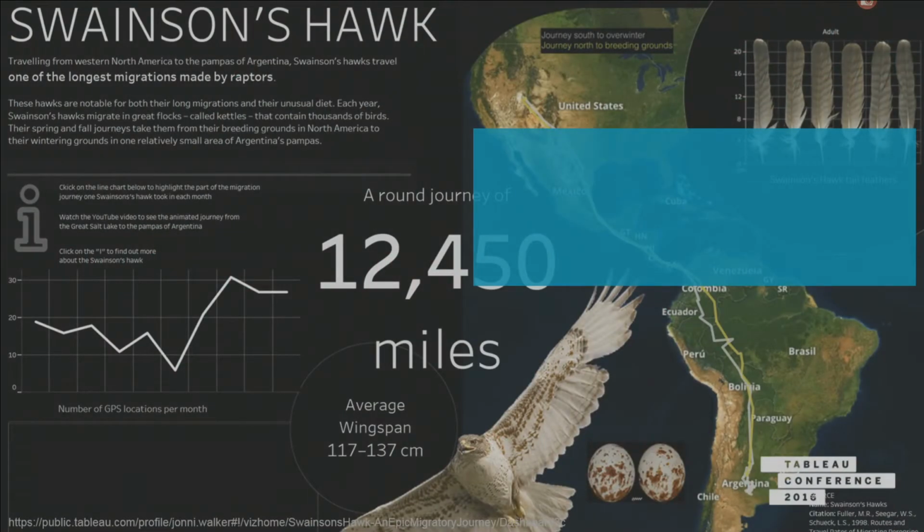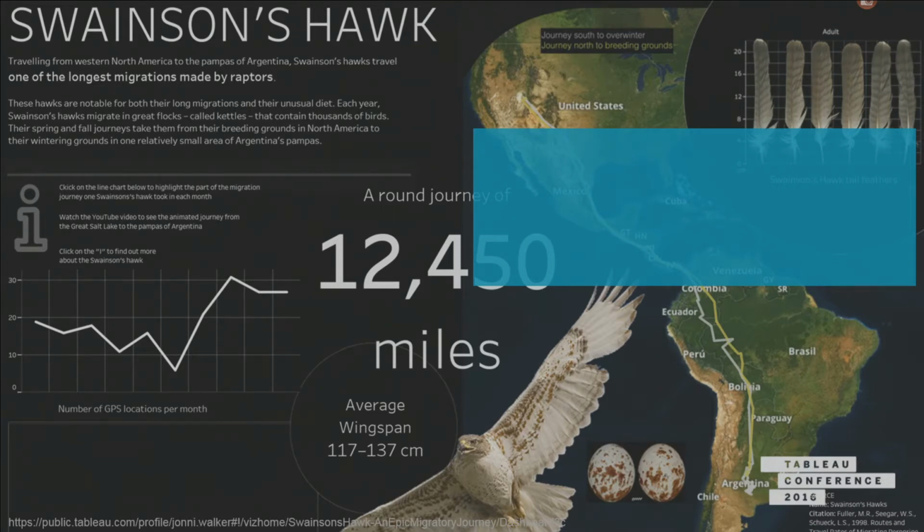This visualization here is by an amazing man called Johnny Walker, who should be in the crowd. There he is, hiding, skulking back there. While this visualization looks like Johnny may be a mad bird watcher day in and day out, he isn't. He spends his days working as a civil servant in the north of the UK, analysing publicly available government data. It has nothing to do with this amazing visualization he's made.